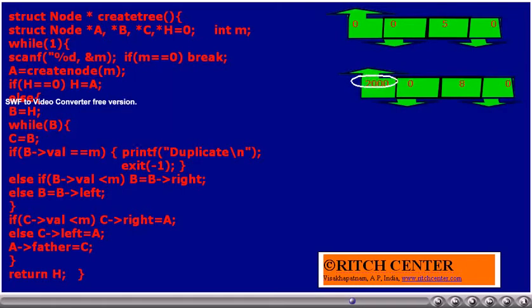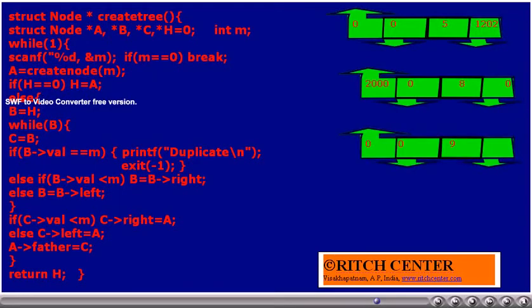Let us assume that a new node is created whose value is 8. For this new node, we assume that the address of h is equal to 2000, and that is made the father value. The new node address, we assume, is 1202. It will be made h arrow right, as the value 8 is greater than 5. So this becomes the right child of the root node. That is how the addresses will be maintained.